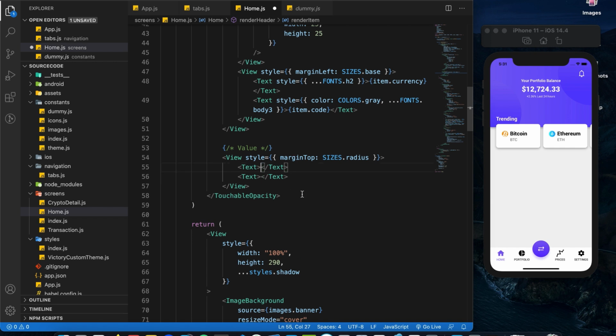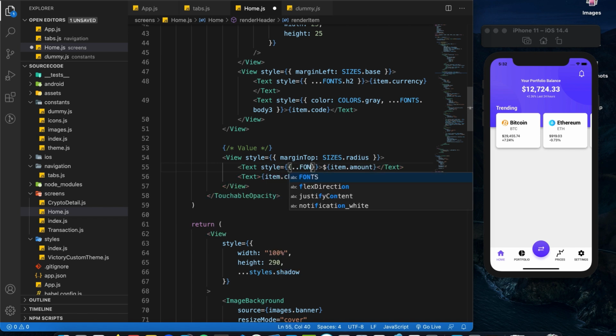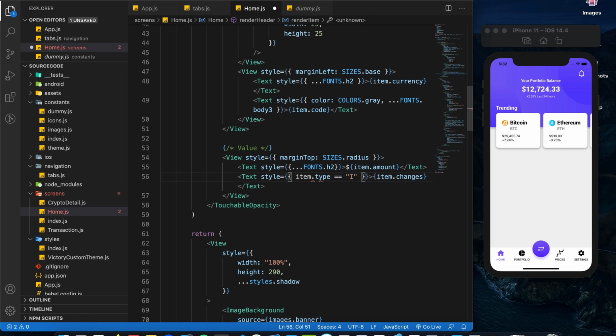The first text component is going to be the item amount, and the second text component is going to be item.changes. Alright, cool. Now all we need to do is give it some styling. So the first text component, the style is going to be fonts h2, and for the second text component, if this item has a type of I, which means increase,